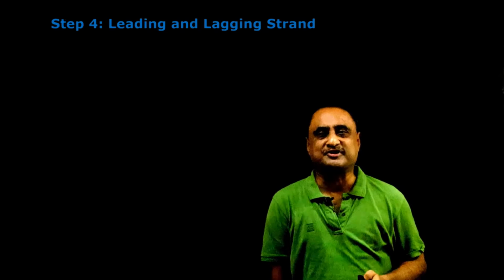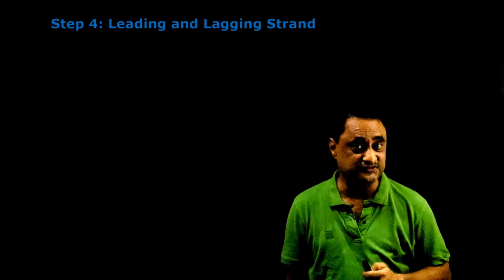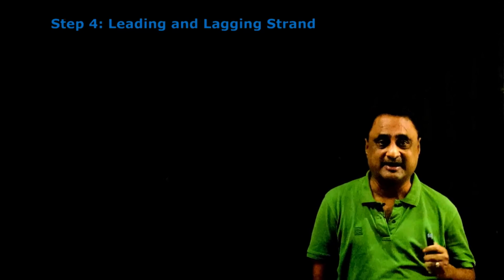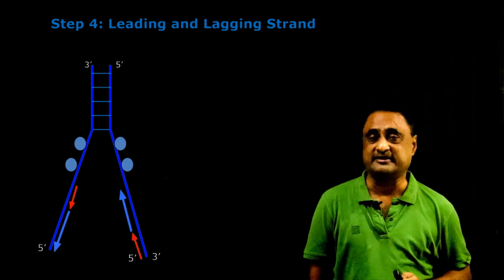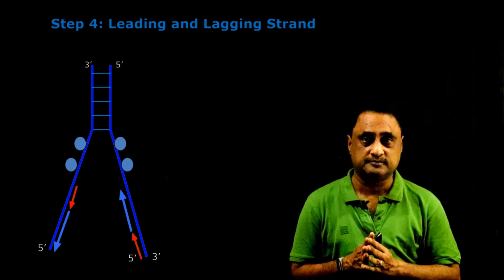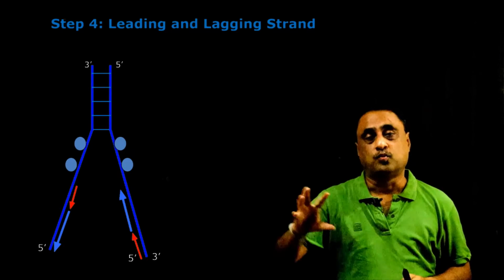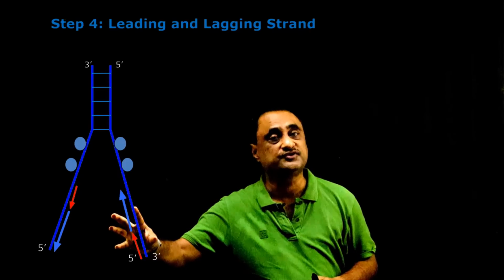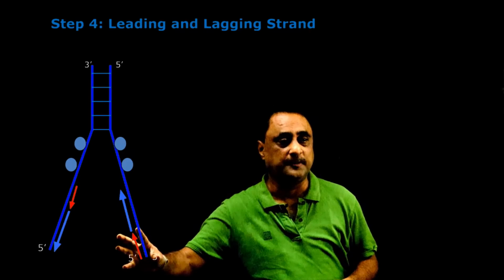Let's talk about step 4. In case of step 4, we will learn about leading and lagging strand, right? And I would like to have your complete concentration because perhaps this is the step which we need to understand well. So have a look at this diagram. Now, in this diagram, what I have shown is that the DNA chain has opened further, okay? And whatever structure you can see over here in both the strands is the continuation of the diagram we have seen in the previous slides, right?